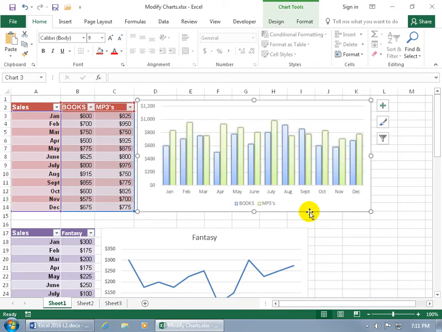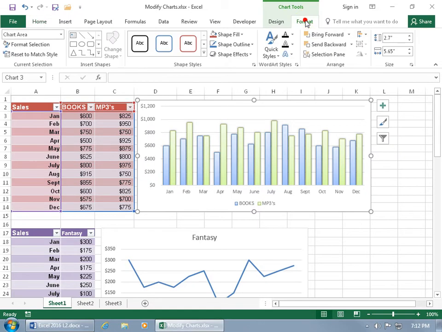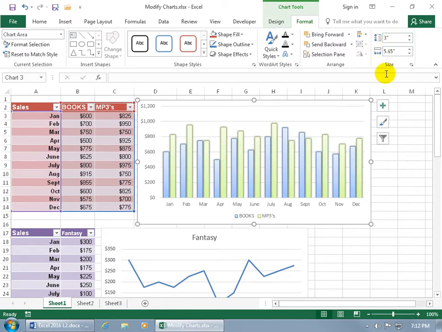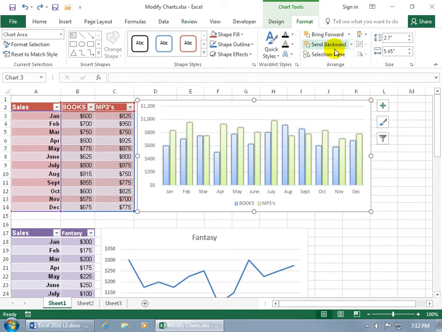If you want to do it numerically, rather than freehand, clicking and dragging, then with it selected, come up on its related contextual format tab, go to the size group, and there you go. So you can see that there's the height of it and there's the width. So the height, if I type in 3 and hit enter, it doesn't keep it proportional. It just stretches the height. So if I don't like that, I can go ahead and hit undo and come over here and click on